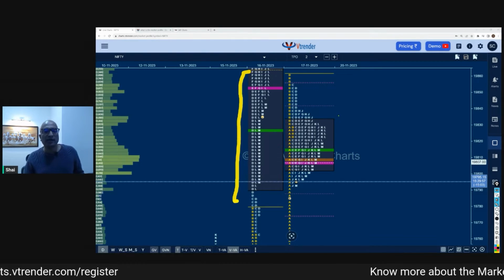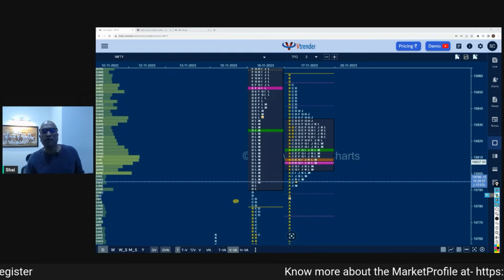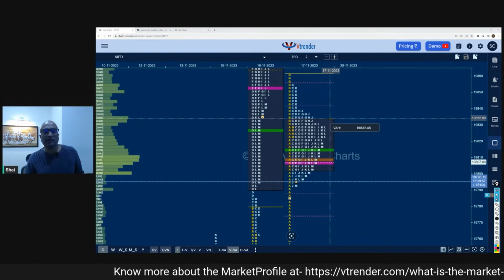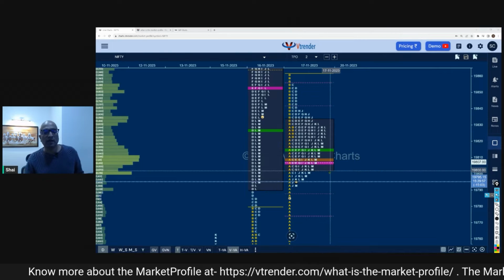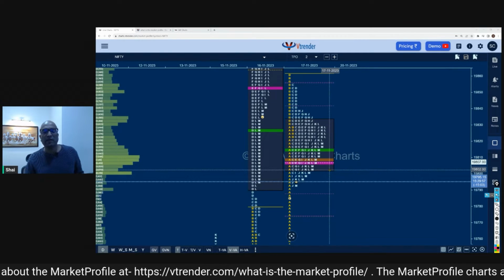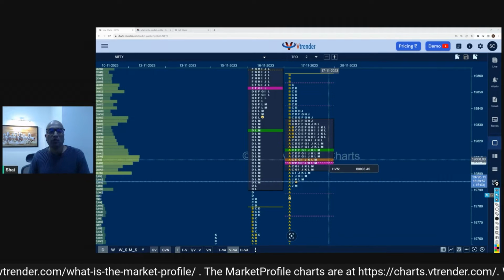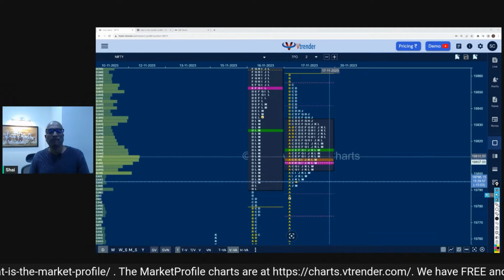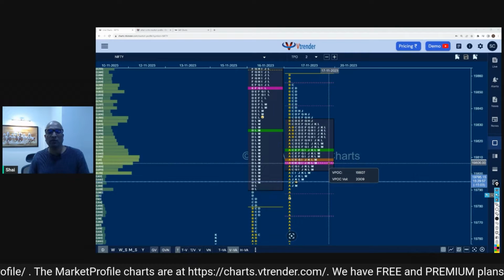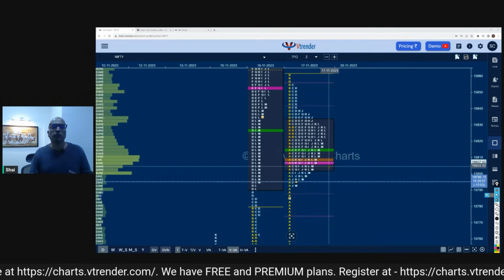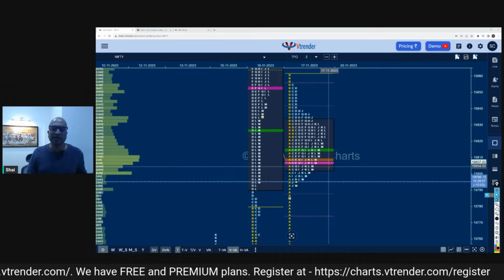And in the value area, you'll get something called a value area high, which in the case of today is 19,832. And you'll get a VAL, or a value area low, 19,802. And you'll also get something called a POC, which is this pink line over here, 19,807. I'll come down to that. But before that, I just want to explain to you what a value area is.